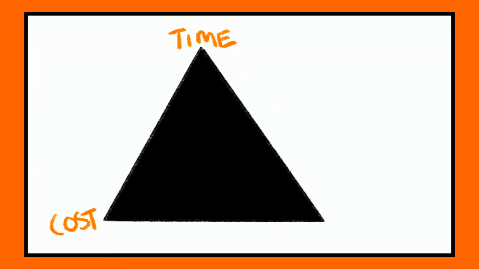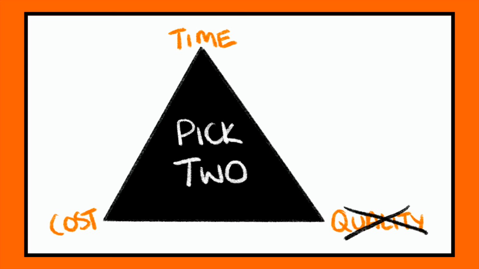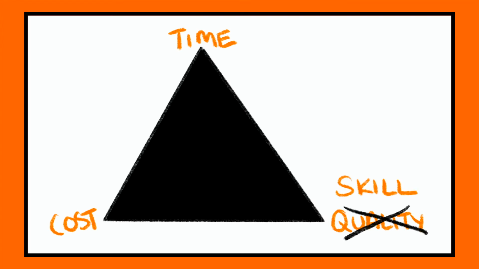Now, you've probably seen this project management meme before. Time, cost, quality, pick any two. I'd like to reframe this a little bit because the quality of your product is actually the end result of the inputs. You're not really choosing between time, cost, and quality. What you're really choosing between is time, cost, and the level of skill and experience that you put into producing your product. To help you make those decisions, I want to talk about something that's known as the MVP model.